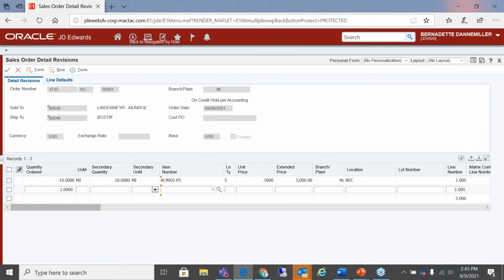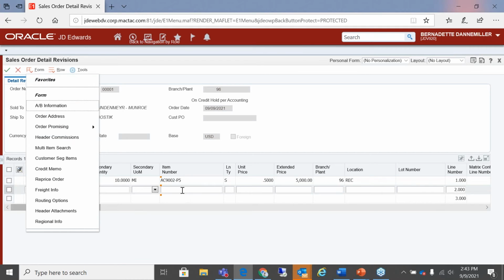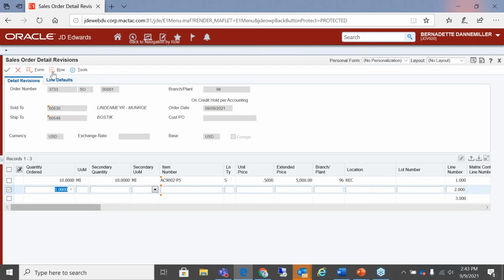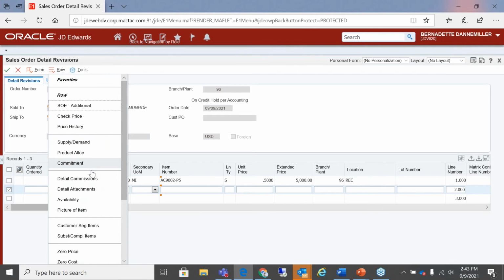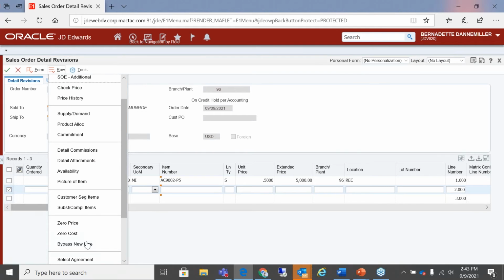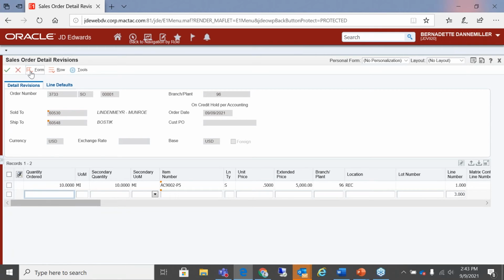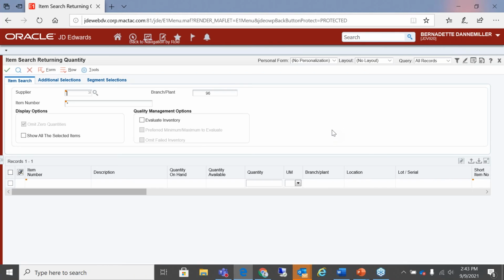As a user, when I first started using JD Edwards, I actually worked in sales order management a lot, and I didn't like constantly having to bounce in and out of that item number search every single time I was entering a new line. What the multi-item search allows you to do, and I should probably cancel this or it's going to throw me a fit. Let's bypass a new line. There it is. So the multi-item search screen does allow you to keep on searching for items and basically building